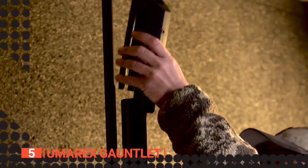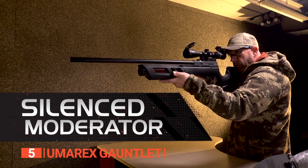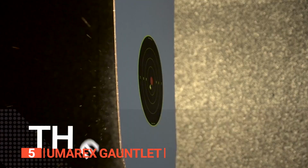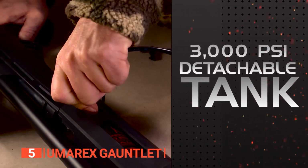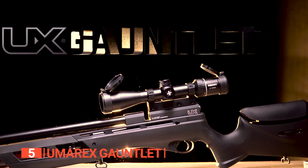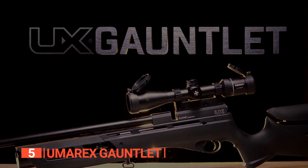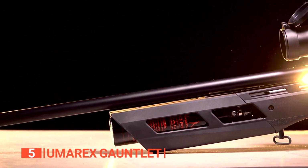What's especially appealing is the Umarex Gauntlet's stealthy operation courtesy of the barrel shroud on the forestock, a boon for hunters who prioritize staying discreet in the field. For those with different tank preferences, the shroud is detachable, underscoring the rifle's versatility. In terms of dimensions, it's a substantial piece weighing around 8.97 pounds and measuring 46 inches in length, providing a